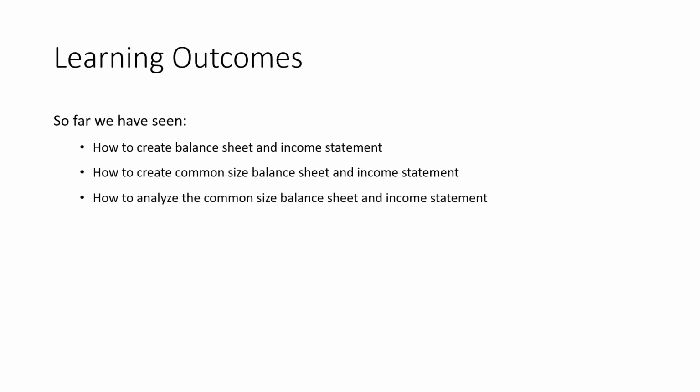After having seen how to create the balance sheet and income statement of an organization, and how to analyze and interpret the common size balance sheet and common size income statement, the role of making ratios and comparing the financials with each other becomes very critical, typically because no two firms are equal or even comparable on the same scale. So we've seen how to analyze these common size balance sheets and income statements for unequal firms. After going through this presentation, we'll probably be able to take this analysis to the next level by comparing ratios